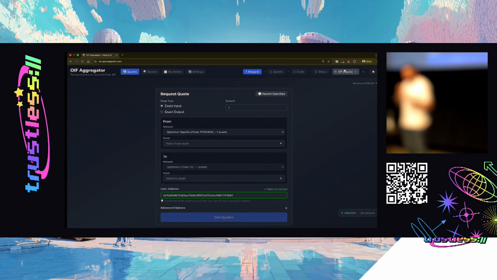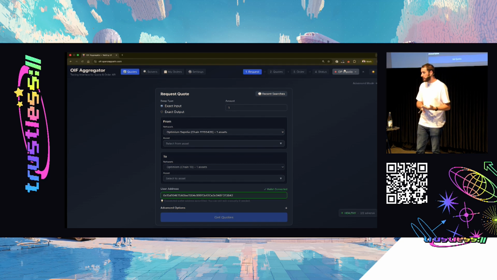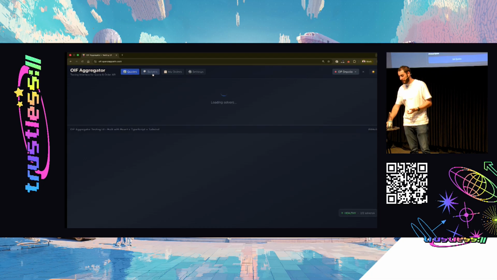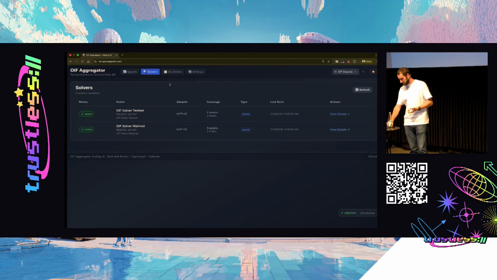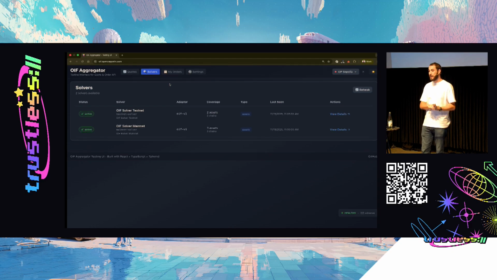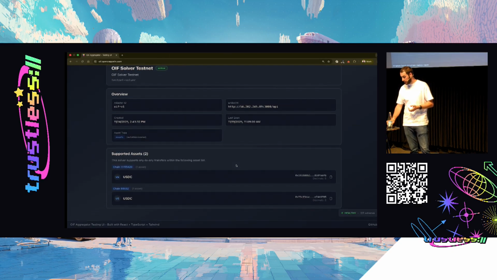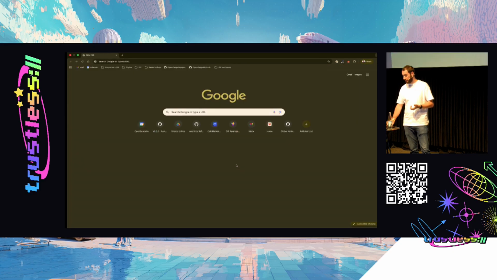So this UI basically allows you to swap between tokens on different networks. Right now it's connected to two different solvers. Each one of those solvers have, and now it's where the demo may fail, but the internet is working, awesome. So we have two different solvers. One is our mainnet and one is our testnet solver. The testnet solver, we can go here and see the assets and networks that it supports, and same for the